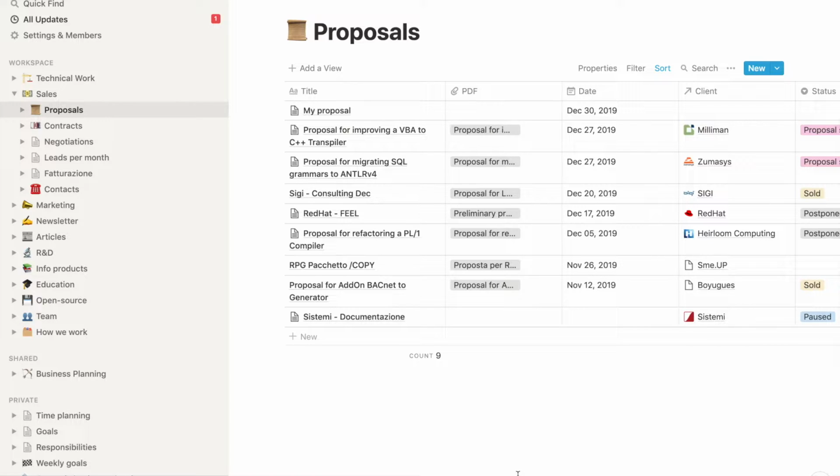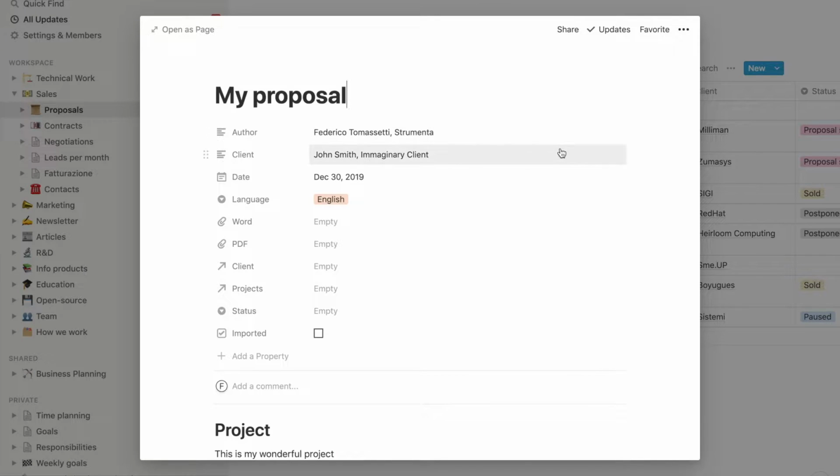Hi, as I guess many of you, we are using Notion and we are loving it. It's really useful for us, and we are also using it to write proposals. But we write proposals like this one, and here we can insert different data like the author of the proposal,